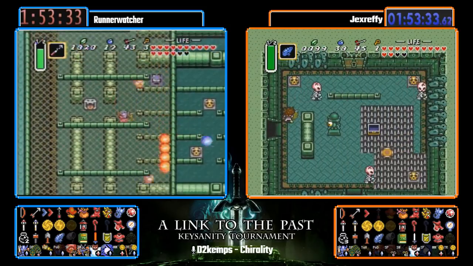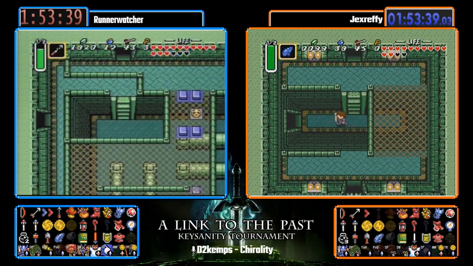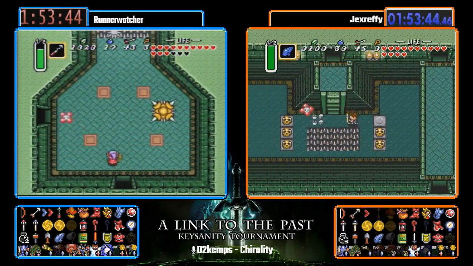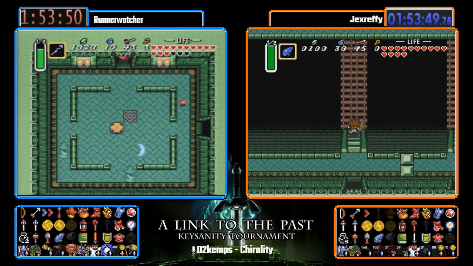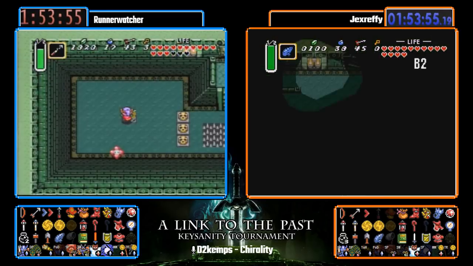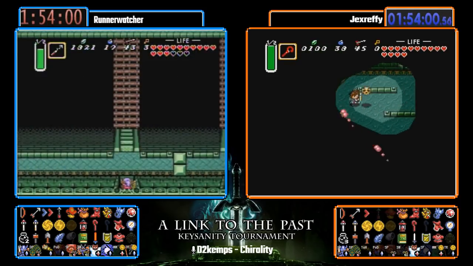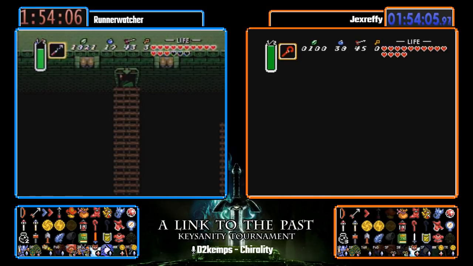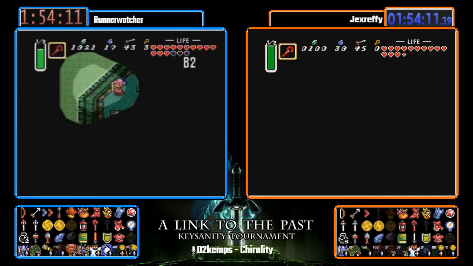Let's talk for a moment about the fact that, based on that check, runnerwatcher forgot he had the big key to Mire. Yeah, absolutely. Like he used it and then forgot he had it. That is not a thing that you want to happen in a race. But Keysanity is so difficult to track everything, and I don't know about his personal tracker. He might not be using a key tracker, so he just forgot. Things happen, and that explains why he went to the ice palace, into other overworld checking, to the swamp palace